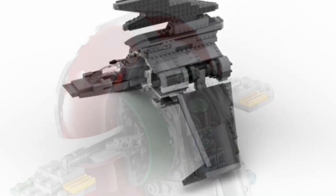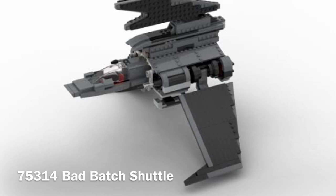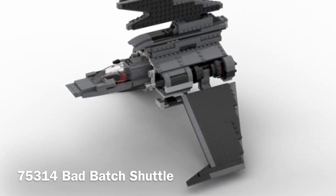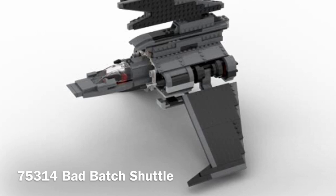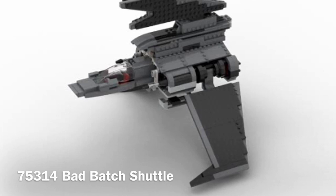Up next is the Bad Batch shuttle, which is the obvious choice to tie into the Bad Batch series. So yeah, it'll have the 5 members, which is strange. I thought LEGO would split them up like the Knights of Ren, but nope, they've actually just put them all in one set. So that's really nice. And apparently Tech has a new helmet, and yeah, that will be quite new. And hopefully the figs have arm printing. It will be $100, which is interesting, I think. But yeah, that's actually quite nice, having all 5 members in one set. And I think if you like the Bad Batch show and you can only get one set, that'll obviously be the set for you. So up next is the